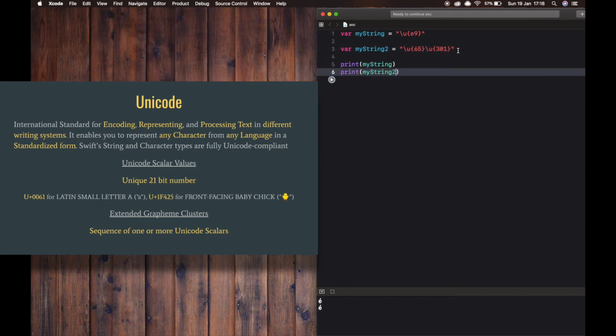Okay, see this, these two strings have the same value. The first one represents the small letter e with acute with a single Unicode scalar value. The second string represents the same character with two Unicode scalar values. This is known as extended grapheme clusters. In this way, we can represent many complex script characters as a single character value.